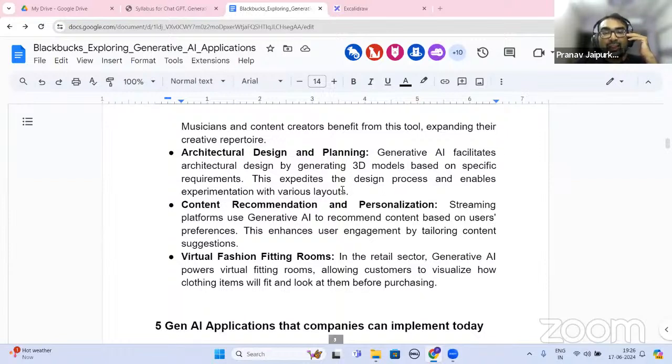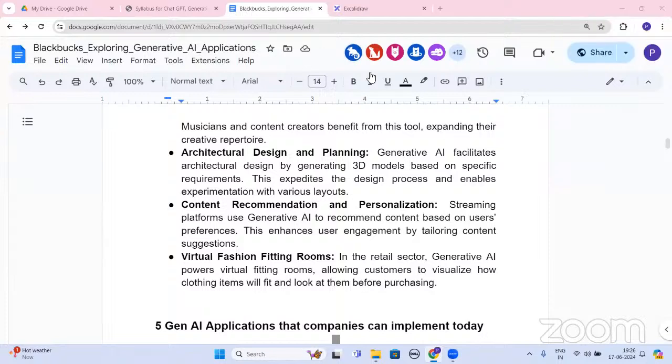Generative AI facilitates the architectural designs of 3D models as well. So what you have to do is simply tell it that we need these things at a given size, and it will really help you to get an idea or an overview about the points or the topics, right?